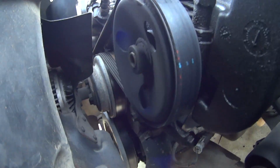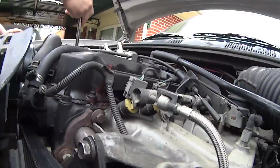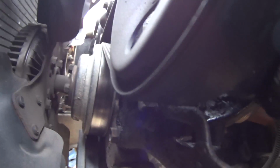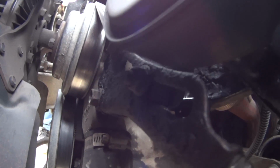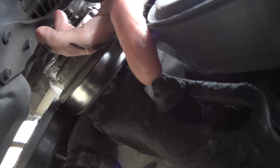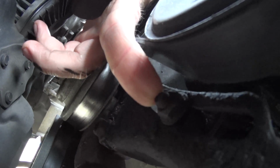Now, also, there's one more bolt you gotta take care of. Let me stick the camera way down here, you'll see it. Not sure if the light's picking it up right. Right there at the end of my finger. Yeah, right there. That bolt right there has to be loosened up before you can loosen the